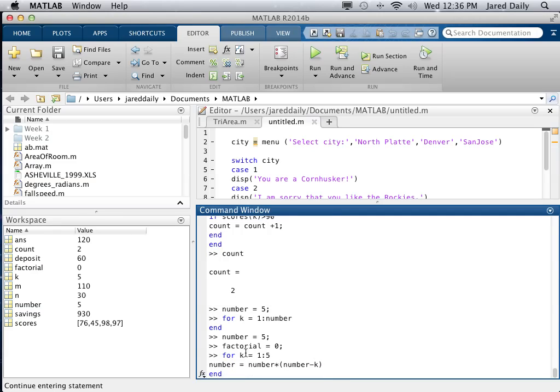For the first time we go through, we're going to start off with k equals 1, but number is going to equal 5. So number is going to equal 5, but we're going to reassign it to equal what it was originally, which is 5, times 5 minus 1, which is 4. So that's our first step, 5 times 4. And then we go back through, now number is equal to 5 times 4,